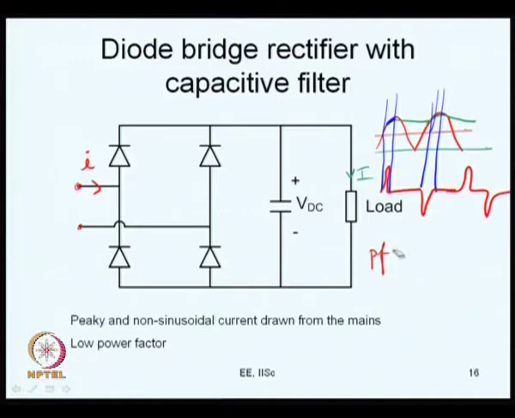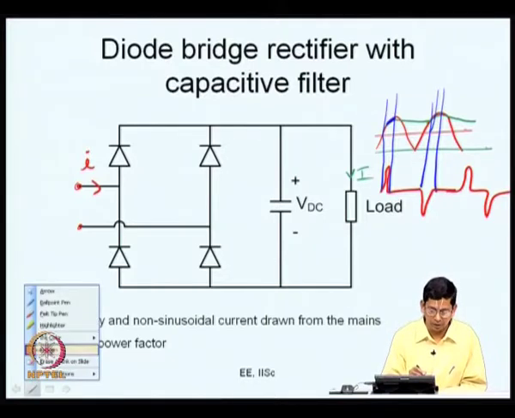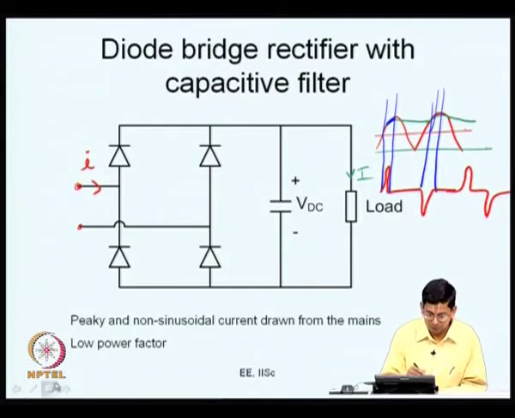So, what I would like to point out is, you consider this case of capacitive filtering. In capacitive filtering, the distortion is very high. Therefore, the distortion factor is very poor. The distortion factor is essentially the ratio of the fundamental current to the RMS current. This is very, very low, and the power factor is proportional to that, hence it is at a very poor